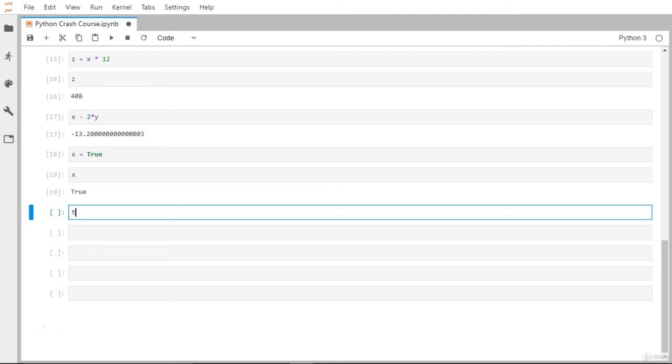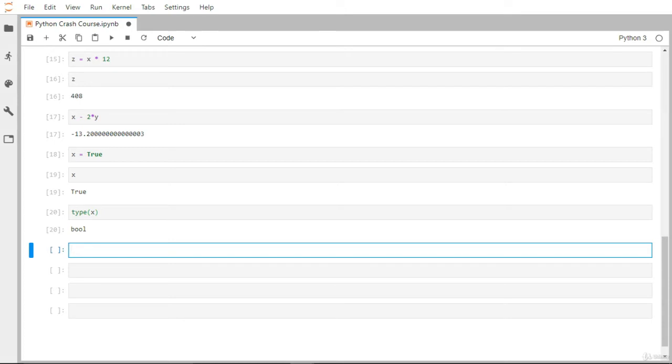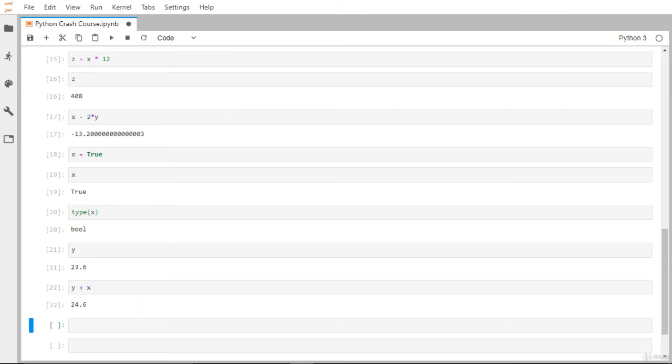Okay, let's say if you want to know what is the type of this variable x now, so it's a bool variable. Earlier it was integer. You can even do arithmetic on the top of this bool variable also. So let's say we have a y is available, and let me just print y. Now y is 23.6. If I just try to do y plus x, because now our x is true variable, let's see what happens. So it has returned 1, and 1 has been added inside this 23.6, so it becomes 24.6. So whenever you try to assign x is equal to true, Python will treat it as a, in terms of numerical value, as a 1.